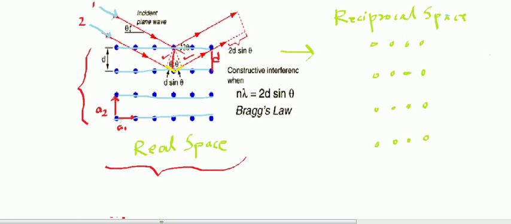So instead of using a1 and a2, I'm making a reciprocal lattice. In the reciprocal space, this crystal is going to look like this, and the basis vectors in the reciprocal lattice will be b1 and b2. You can say this one is b1 and this one is b2, or any way you like. Now in the reciprocal space, I want to find out what is the condition for